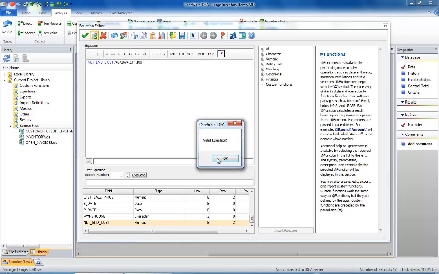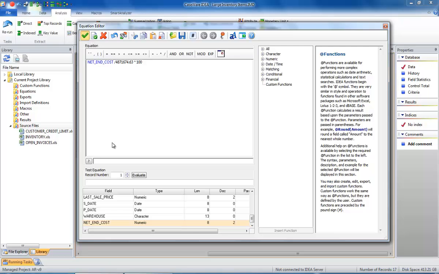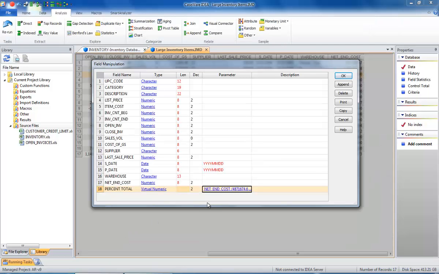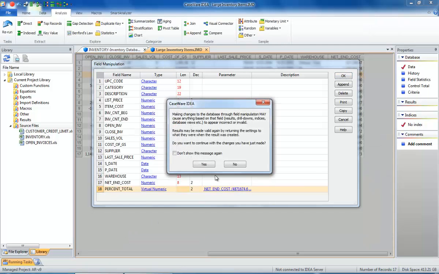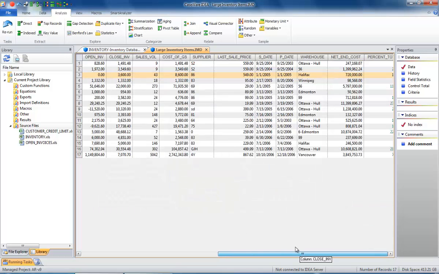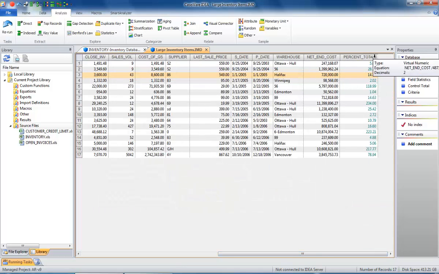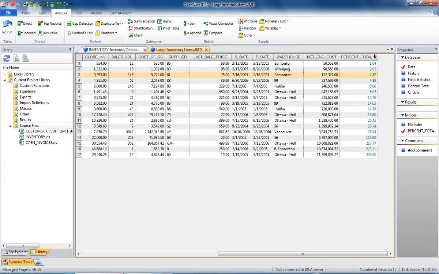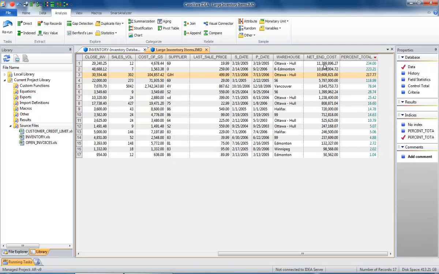Check the syntax, it's valid. Check the green to run it across the database, hit OK. And so we should have a new field over here. We can index it easily by double clicking on the total. You can see we would get the most coverage here by testing the first 7 or 8 items. We get close to 80% of the total. The final test that we want to do here is we want to look for any obsolete items in this